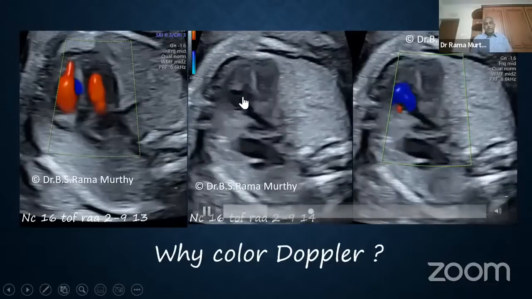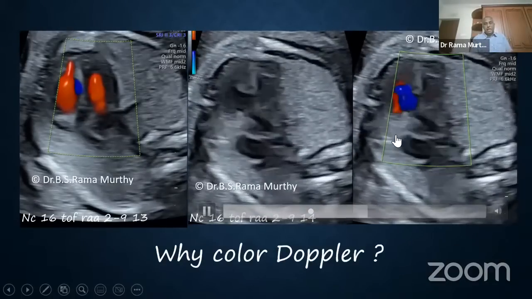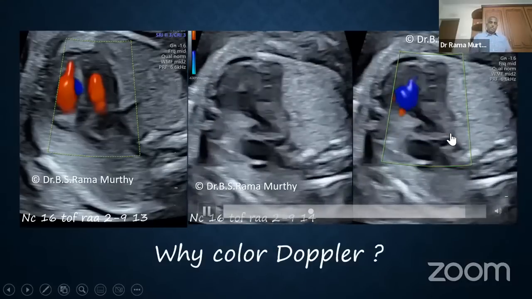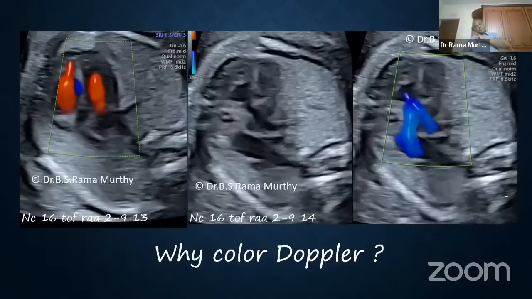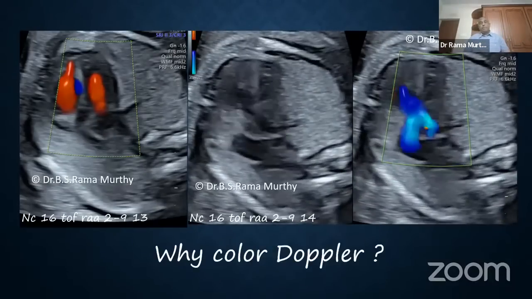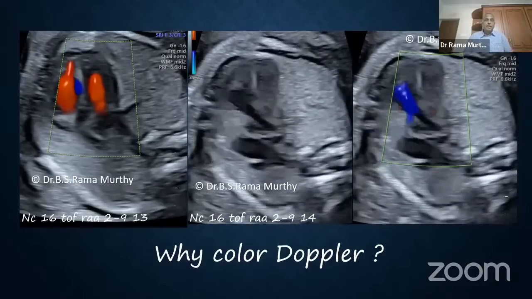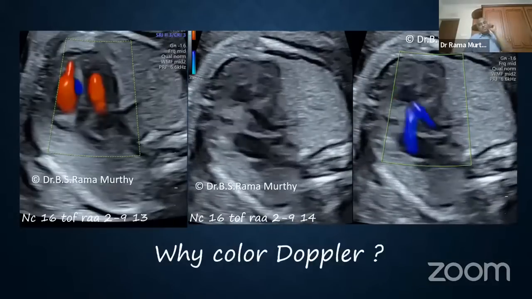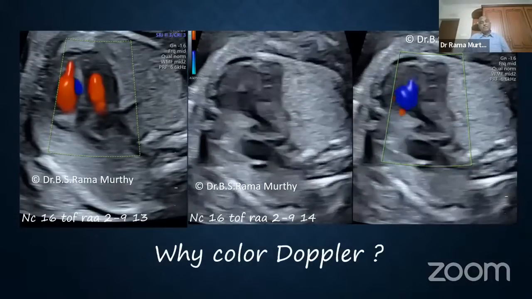Let me stop this. You will see that that is the main pulmonary artery coming from the right ventricle, which is narrow. And needless to say, you know that this is also forward flow. If that were to be reversed flow, if that was coming in red, I would think of pulmonary atresia. But remember, pulmonary atresia is ductus dependent, and therefore the ductus would have been there. In this, of course, the ductus arteriosus is absent.